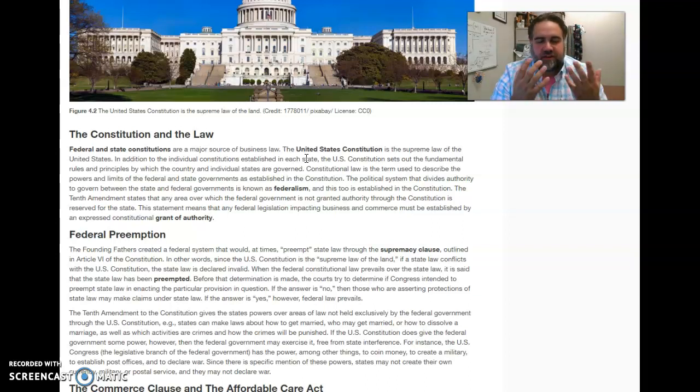And so there's this constant struggle between states' rights and federal rights. You can see this played out right now in real time with the marijuana industry. States that have legal dispensaries and marijuana-related products are doing that in violation of federal law. The federal government has basically taken the stance, though they haven't officially said this, that in states where they have created laws to govern the dispensing of marijuana, they're not going to step in.